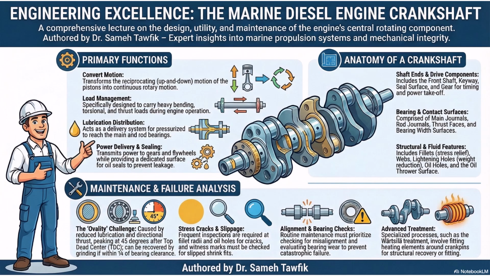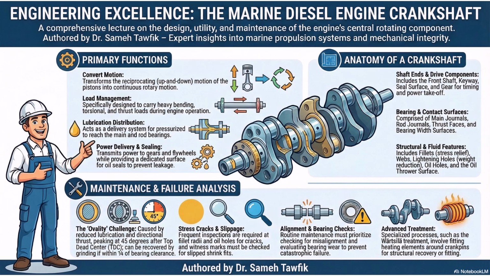A geometric metal spine. That is an incredibly accurate way to frame it. And the document gives us the exact nomenclature to map that spine out. Right. It points out the main journals, which are the primary axis points where the shaft rests and rotates within the engine block's main bearings. And then offset from that central axis, we have the rod journals. That's where the connecting rods actually meet the shaft. Exactly. And connecting those main journals to the offset rod journals are the webs. The diagram shows them as these thick, solid plates of metal bridging the spatial gaps between the rotational center and